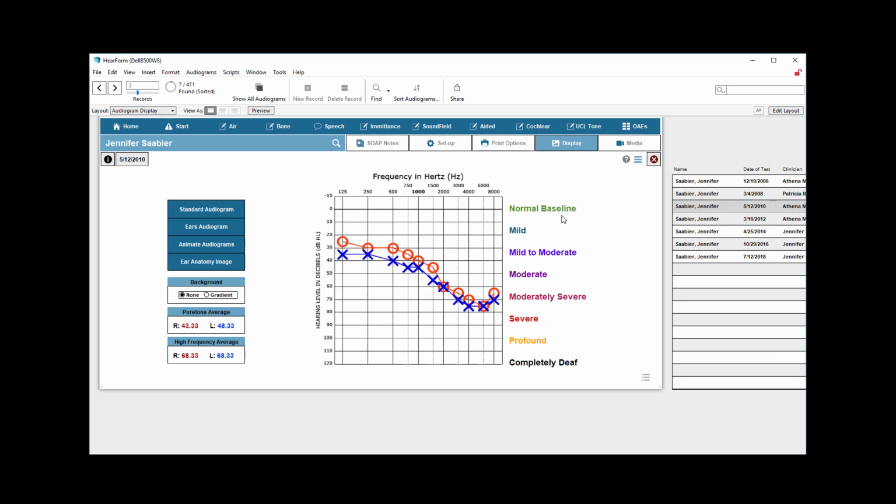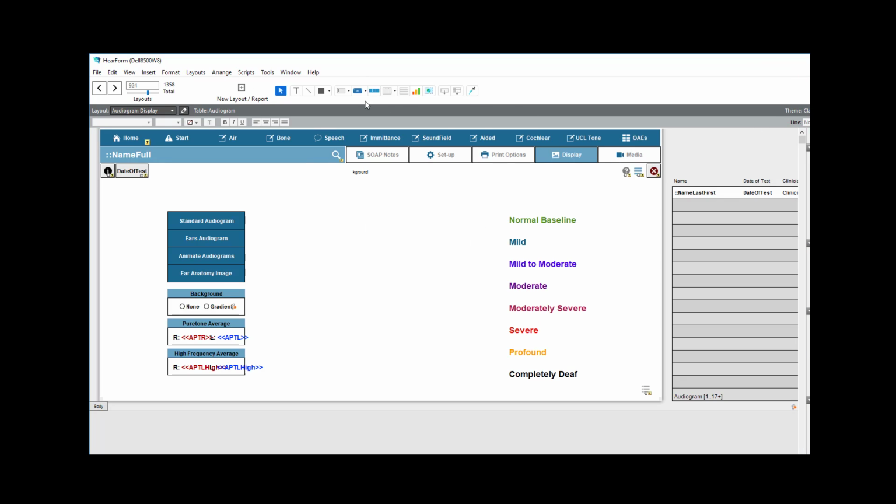Now off to the right hand side, we see normal, mild to moderate, etc. We don't want to tell you that those have to stay there. You can modify them as needed, and you can change the color of them. I've just kind of colorized them based on a color formula there. But in order to do that, I'm going to hit Edit Layout here,